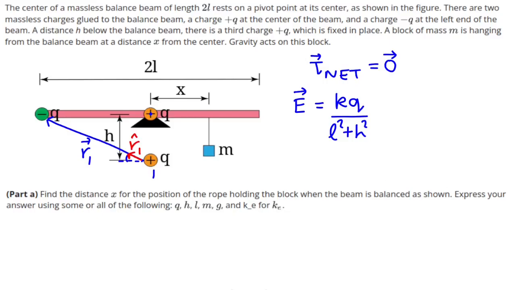So the x component is cosine theta, the adjacent edge on the hypotenuse, which is the magnitude of the radial vector, the square root of L squared plus h squared, in the x direction. And the y component of this unit vector points upwards, so we have the opposite edge on the hypotenuse